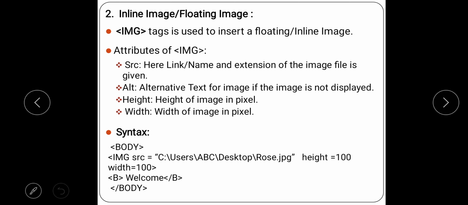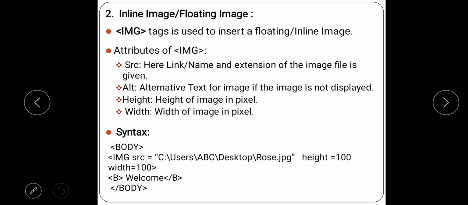So we will see what is the syntax. Now in the body tag we will be writing all this code. Why? Because we want to display, so whatever things you want to display you write in the body tag, right? So imagine that you have written all the web structure, and in the body part we will be writing all this syntax. So in the body tag, later I am opening the img tag, and I have to use the attributes. Obviously simply by using the img tag my image won't come, right? So to call the image I need to use the src attribute.